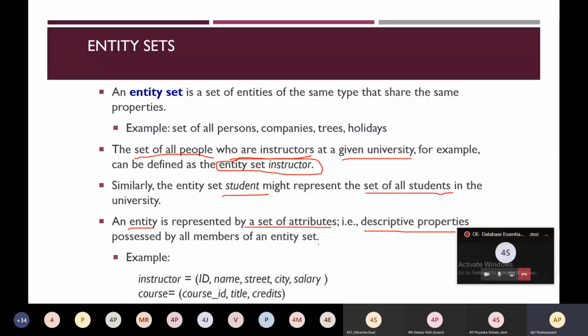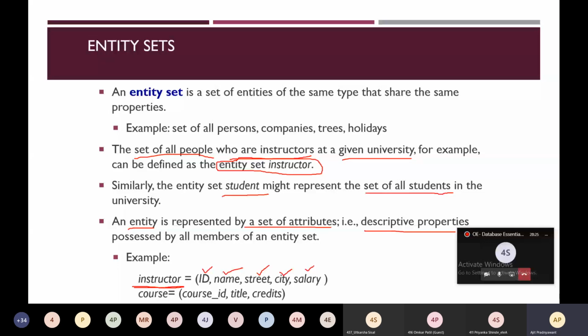For example, this instructor could have properties like ID, name, street, city, and salary. These are called the set of attributes. That is, these are descriptive properties of entity instructor.